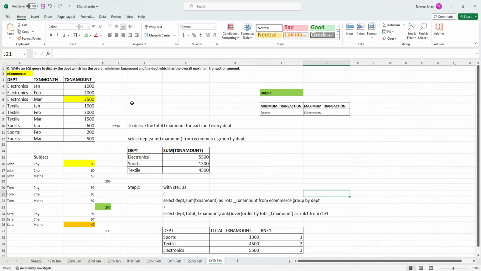Okay, clear? So that is why in the output I have written minimum and maximum transaction overall. Okay, clear? Okay, now